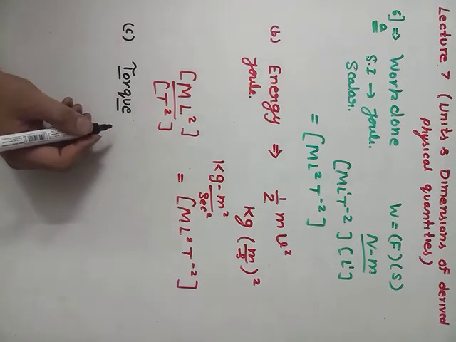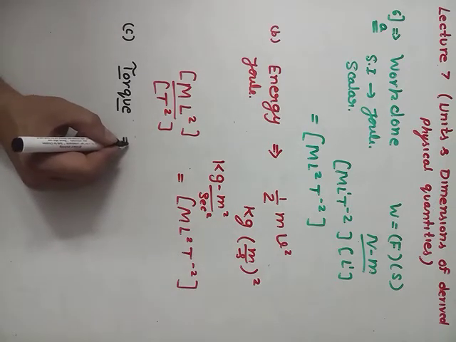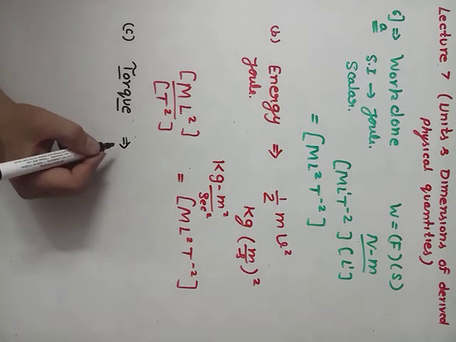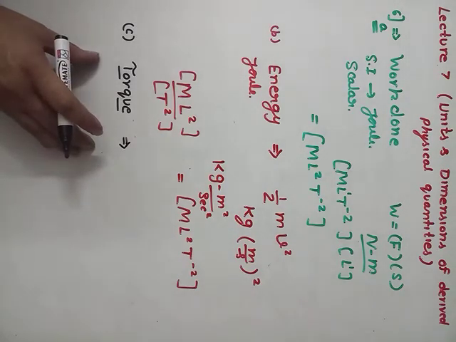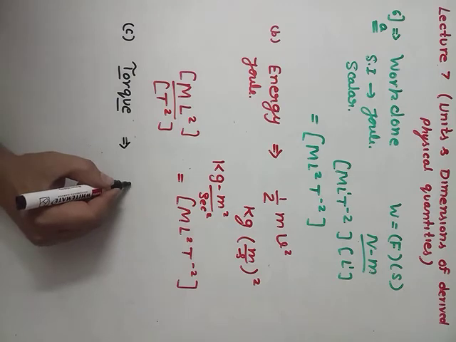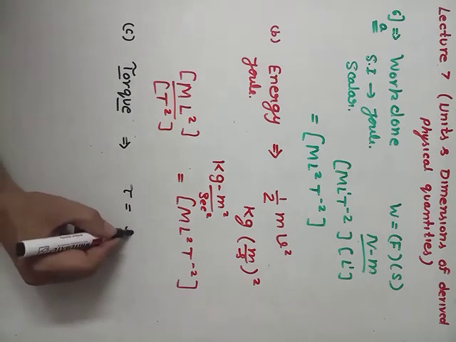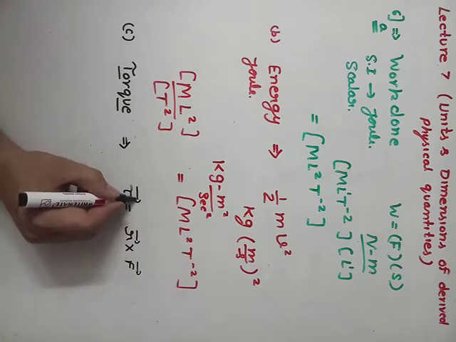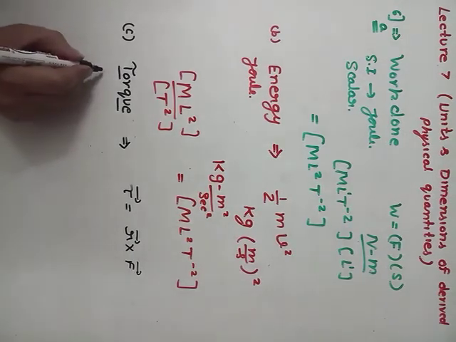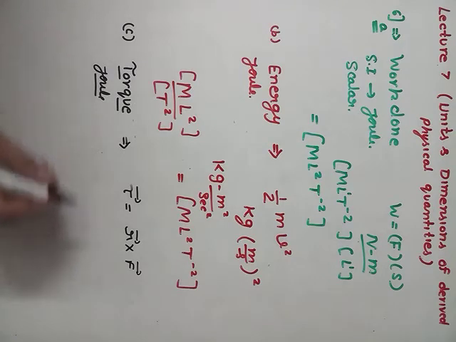Whenever equal and opposite forces act on a body, a torque comes into play. For example, if you have to open a door, a torque will act. When you turn a car, again a torque will act on it. Now the simple formula of torque is R cross F, or force into force arm. Its SI unit is joule, same as work, and it is also a scalar quantity.